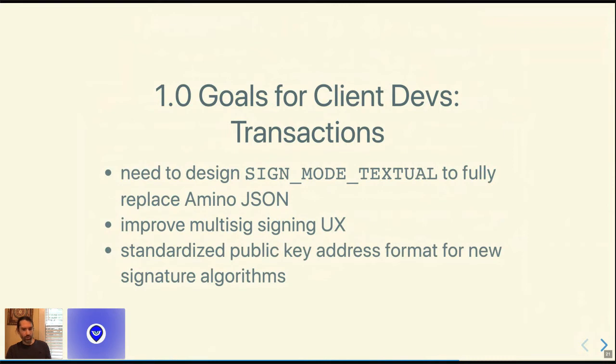We are also working on a standardized public key address format for new signature algorithms. That's something that has been in process for a while. We're going to be consulting with a professional cryptographer next week, and hopefully we have something we feel good about for extending the number of signature algorithms in the SDK.